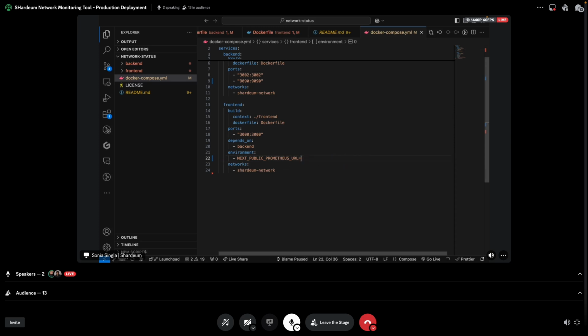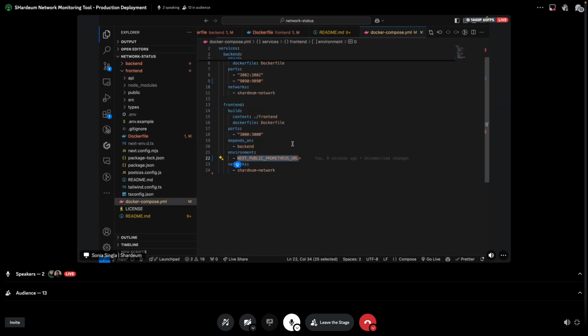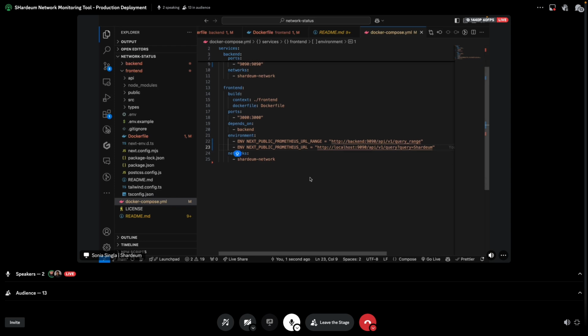Okay, let's look into the Docker file that we just created. So okay, we have them here. Let's just copy these here. Okay, let's make sure that they are right. Query range, yeah. Okay, so at the end we have the network,